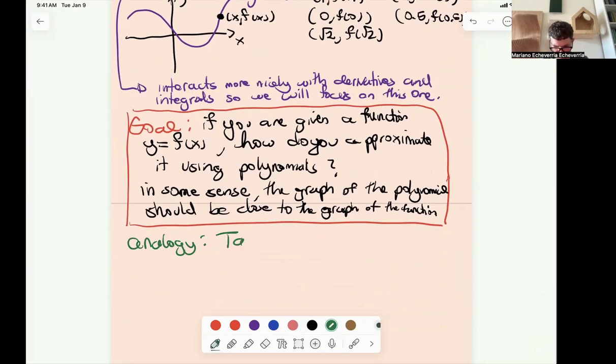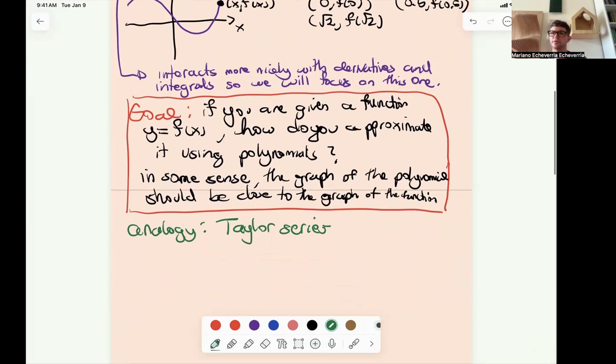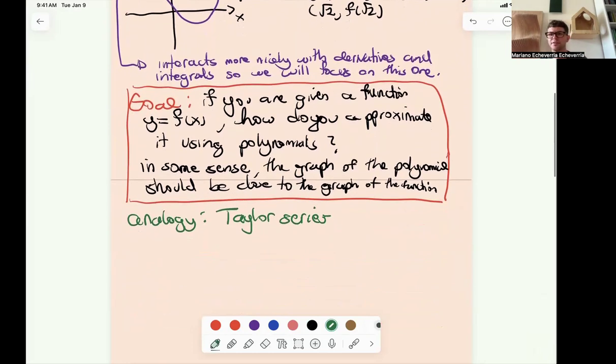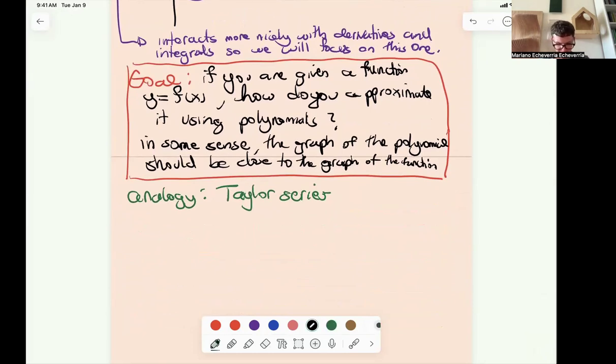The Taylor series is a good comparison to have. A very nice example for a Taylor series is if the function had been e to the x, right? Then